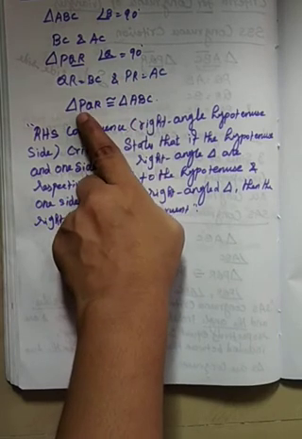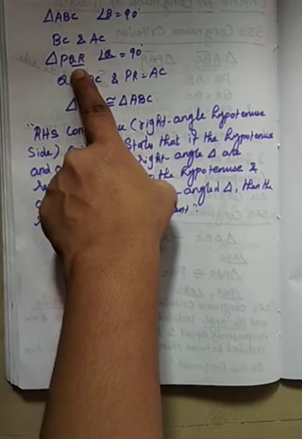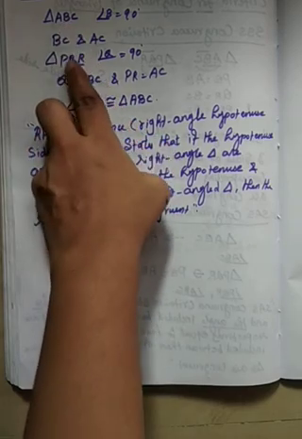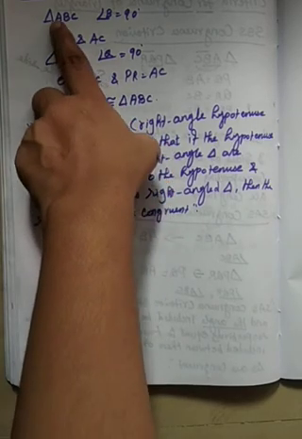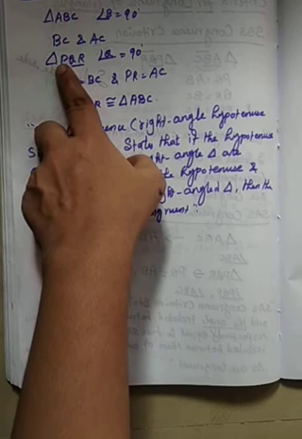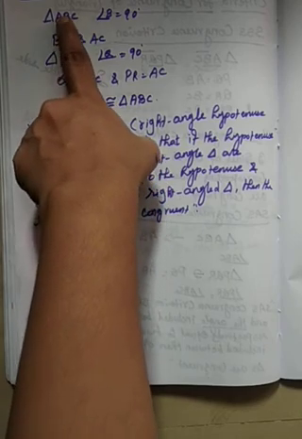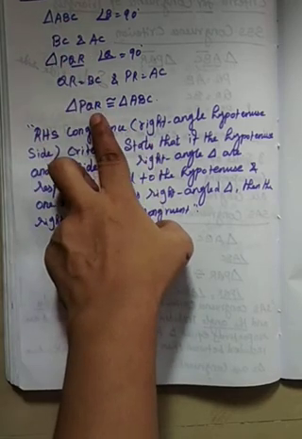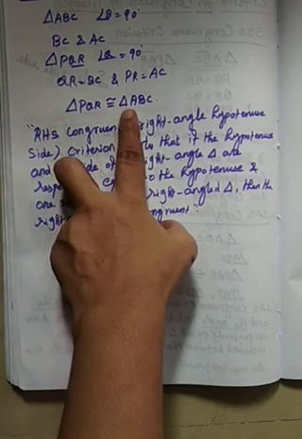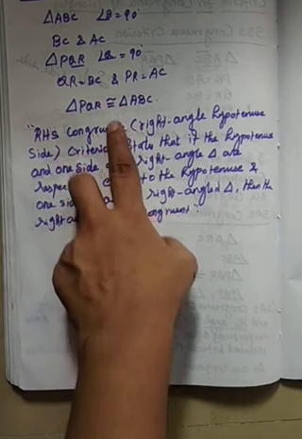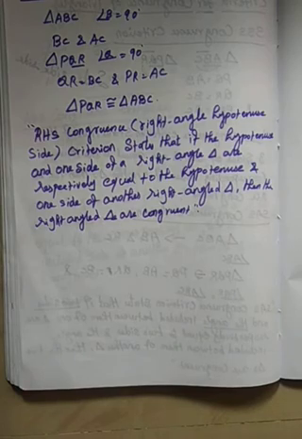Cut triangle PQR and superimpose it over triangle ABC such that PQ, the first two, falls on AB. Clear? Also we can see that the cutout of triangle PQR completely covers triangle ABC. So we can conclude that triangle PQR is congruent to triangle ABC. This is the congruent symbol. This is known as the RHS criterion for congruence of two right angle triangles.